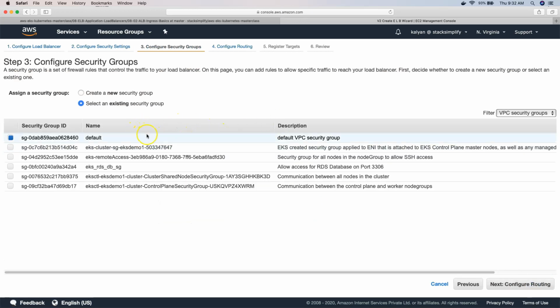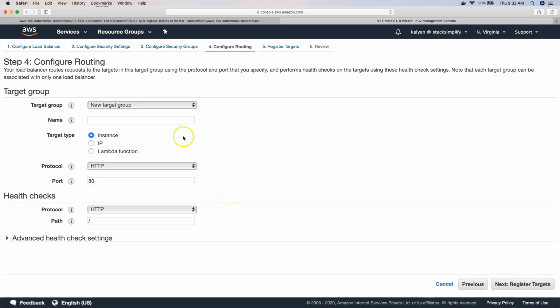and I'll select some security group. This is a temporary one which we are not going to use for testing. Some security group is fine, and then configure routing. Routing is nothing but the backend part, which is the target group. So I'll name it temp TG, which is nothing but my backend applications, whatever I am going to register. The protocol on our backend application is port 80, just as a temporary thing. Let's consider that some Nginx application is running in our EC2 instance, and the path I can say /.